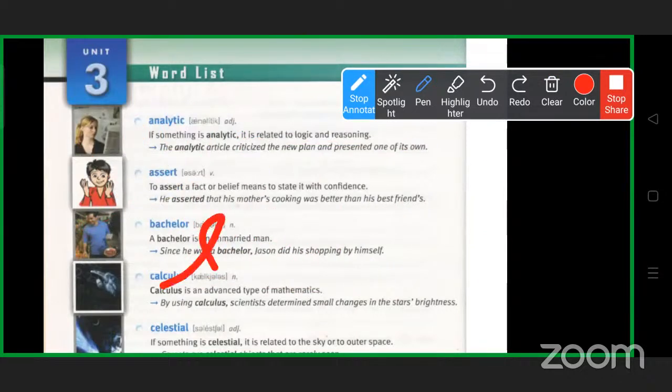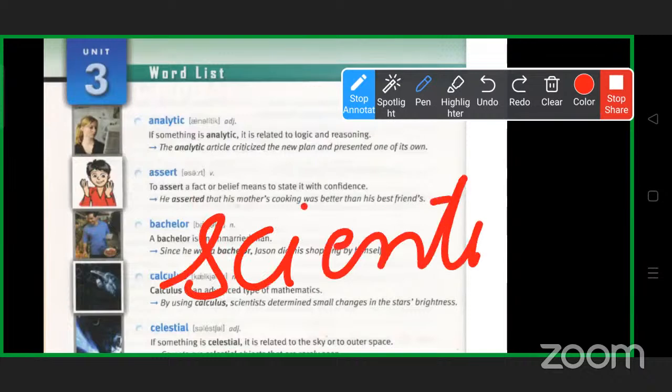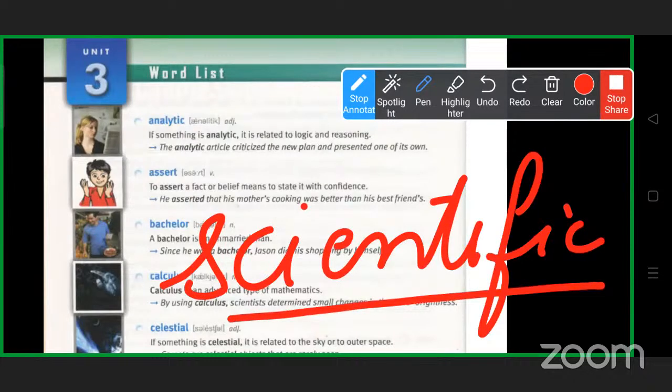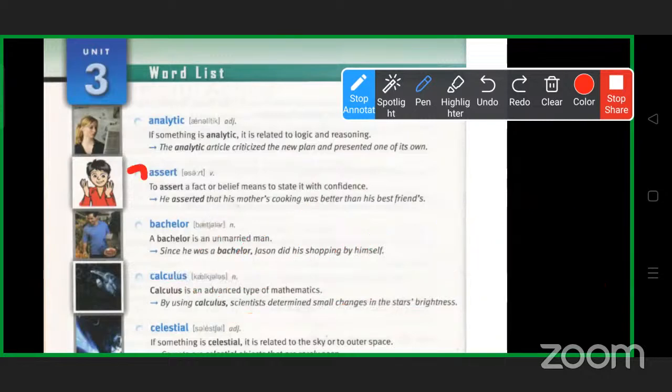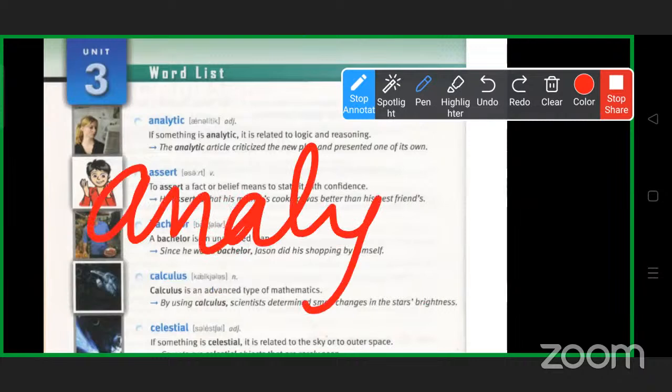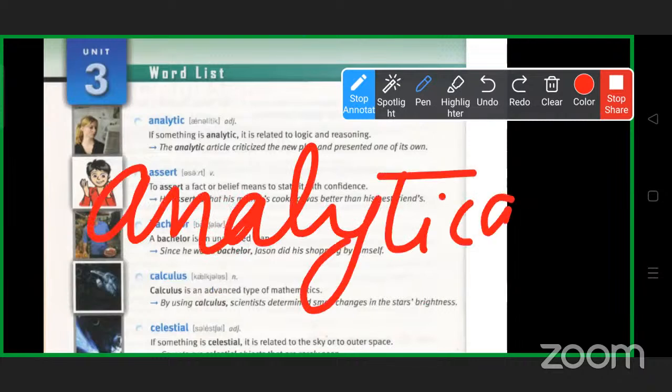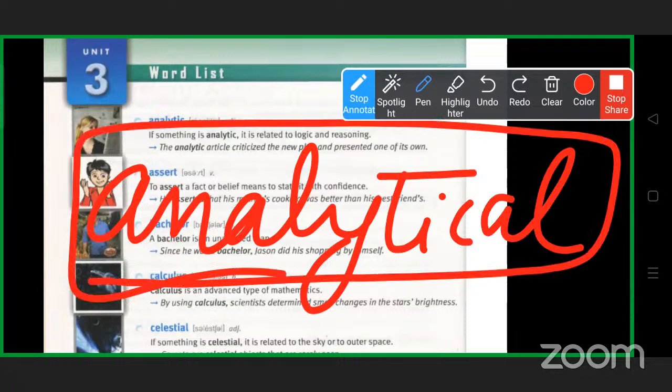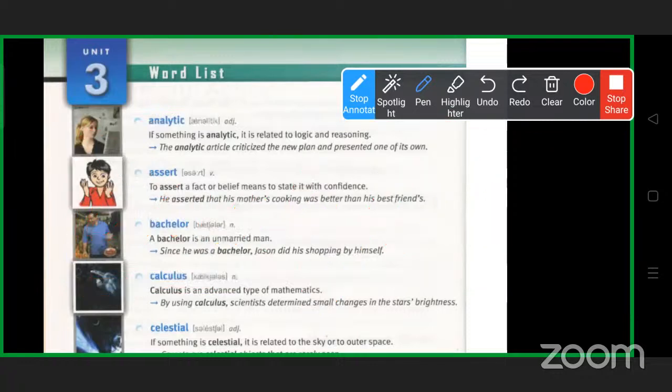The person who is scientific in nature is analytical. The person who sees things with a different perspective rather than the common layman, who wants to know the reason behind things, who would go for the reasons behind the thing, that person is analytical in nature. So you can use that word also, analytical. He's analytical in his approach. That's also an adjective.